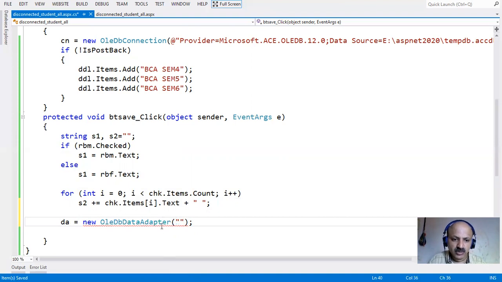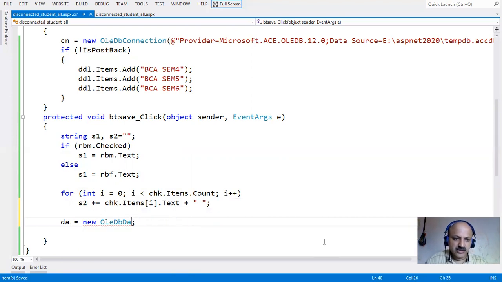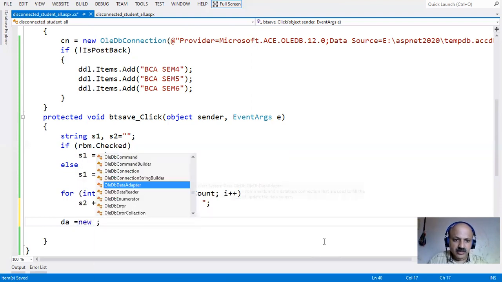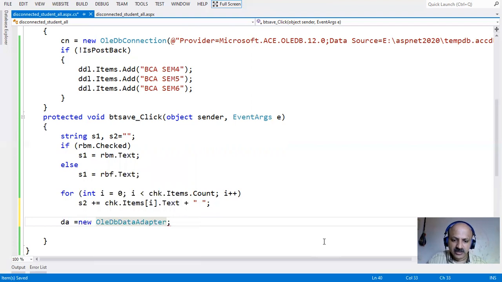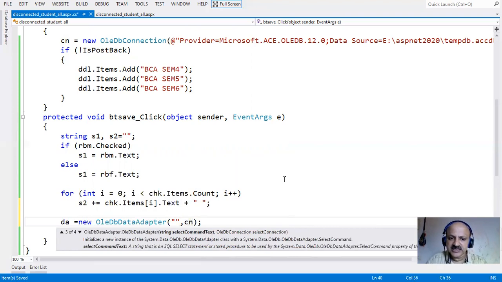First you have to look at the syntax, that is overloaded, so I just write it again so you can see it better. Here, yes, that appears and goes, so I click mouse over, that is overloaded. So I first take the select command text, then a comma, and then the connection, so pass the same as the command class in connected.